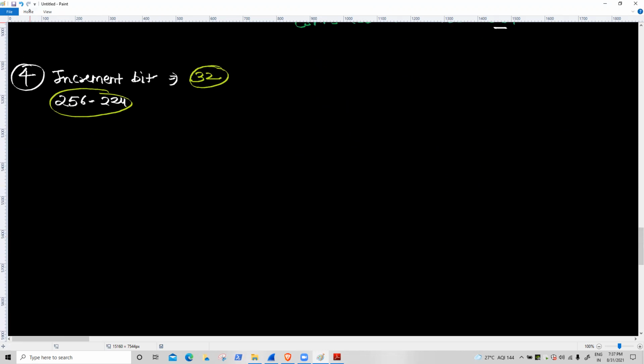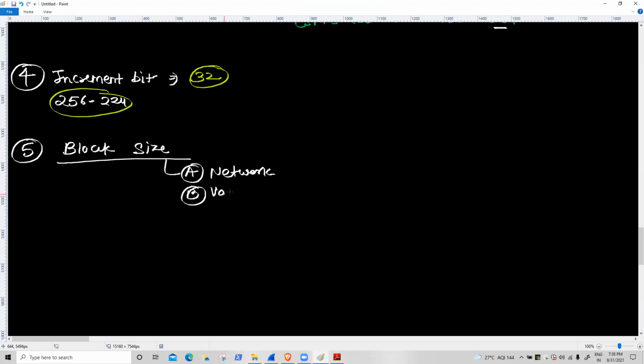Now, the fifth number. Block size. Inside block size, we are getting the network, valid IP, and then we are getting the broadcast. So 3 addresses we are getting. Very simple.